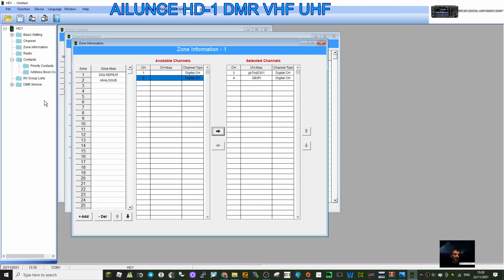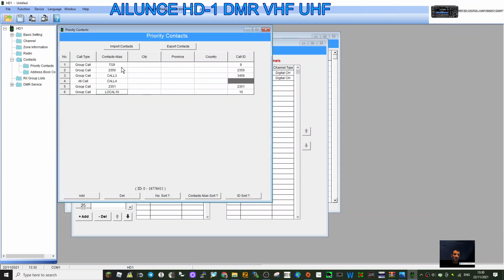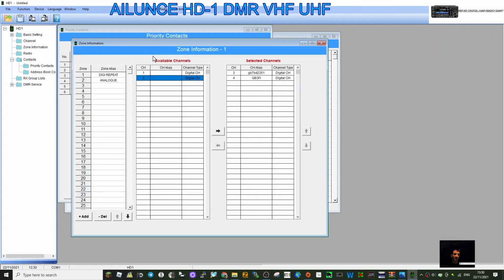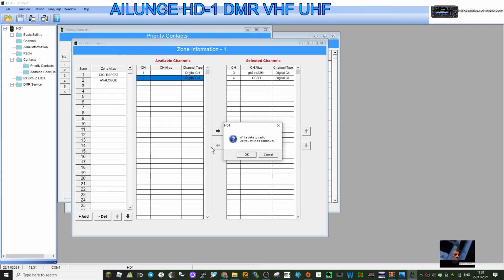We needed to create priority contacts, because otherwise we wouldn't know which talk group we were going to be using. So once you've done that, you just literally select up here the little TV on the right hand side, and you can write to radio. Now I haven't got the radio, so I can't do that. So hopefully this will help you write your